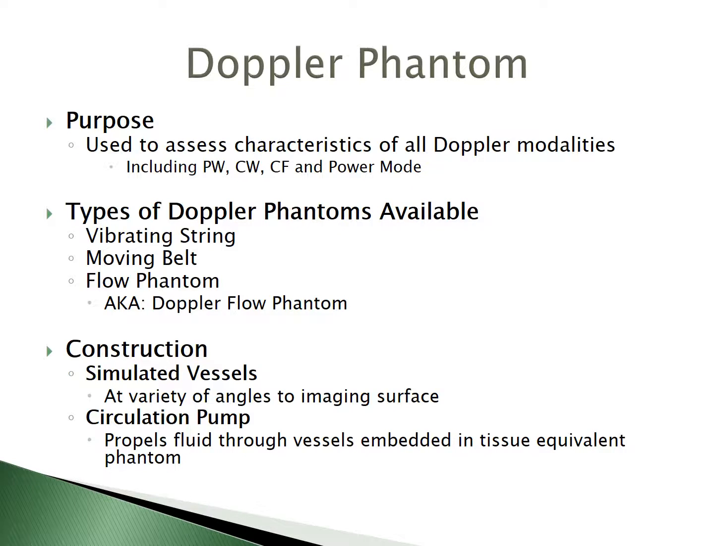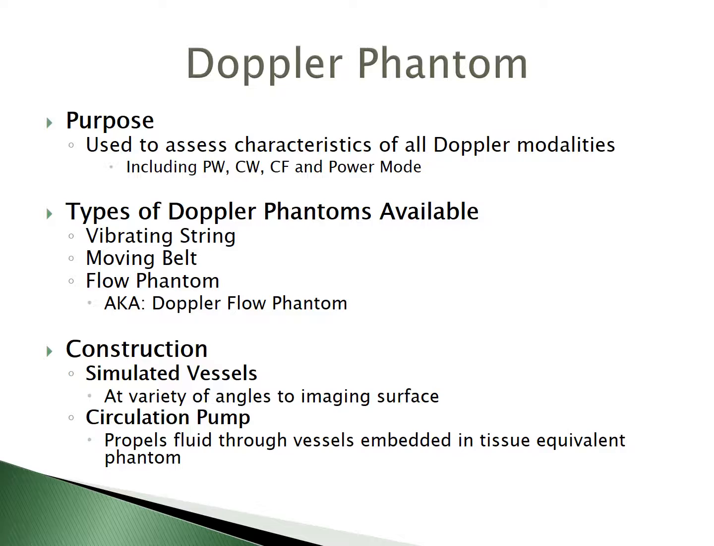The last device that might be used during a QA is a Doppler phantom. The purpose of this then is to assess Doppler modalities, and that'll include pulse wave, continuous, color, and power modes of our Doppler. There are a couple different types of Doppler phantoms. One is a vibrating string, the other is a moving belt, or a flow phantom, which is also known as a Doppler flow phantom. The construction of these are different depending on the type of phantom that we are using,